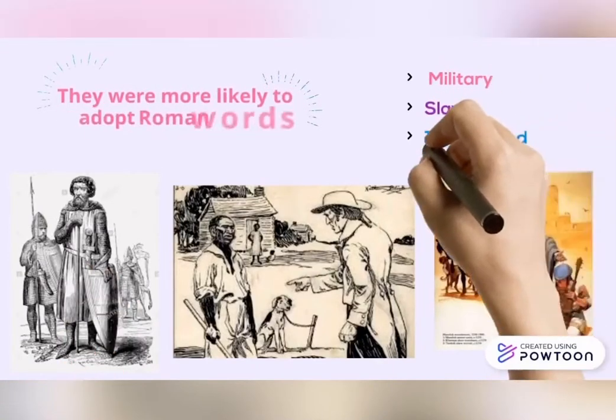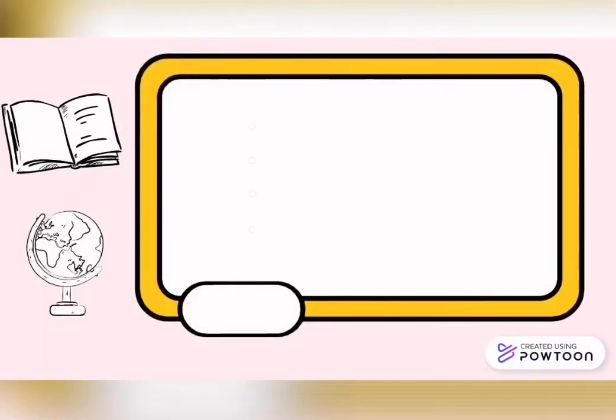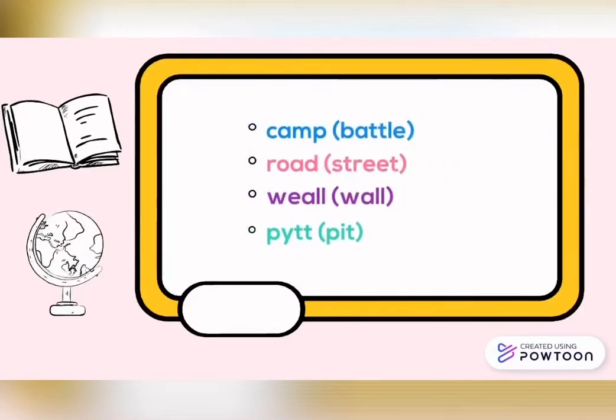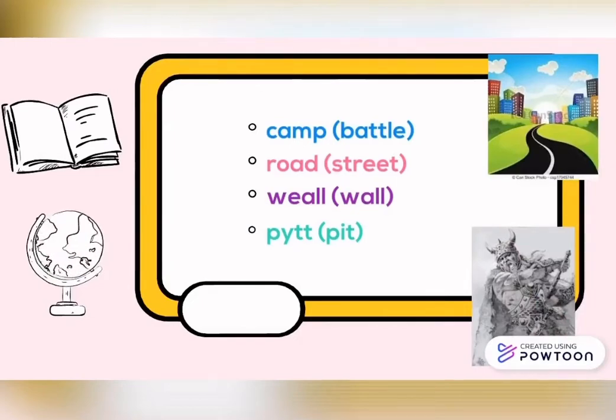During the first period, military men, slaves, traders, and merchants were more likely to adopt Roman words because they had to interact with other people, most of them being in contact with a higher civilization. The adopted words naturally indicate the new conceptions that the Germanic peoples acquired from this contact with a higher civilization. Agriculture and war were the occupations of Germanic tribes, and this experience is reflected in words like.